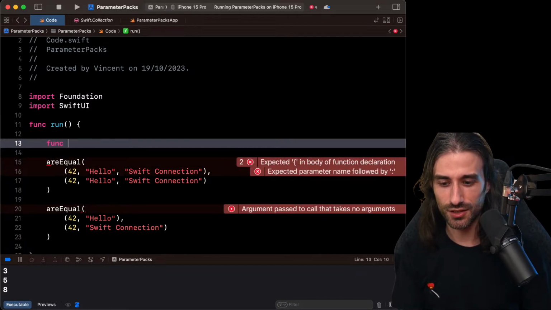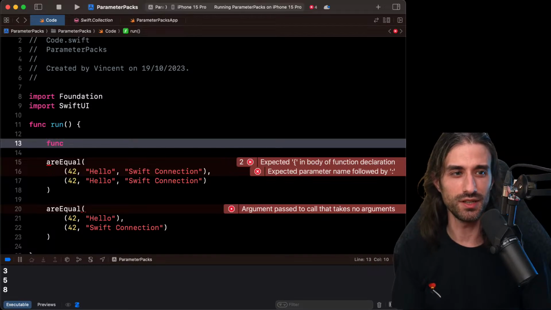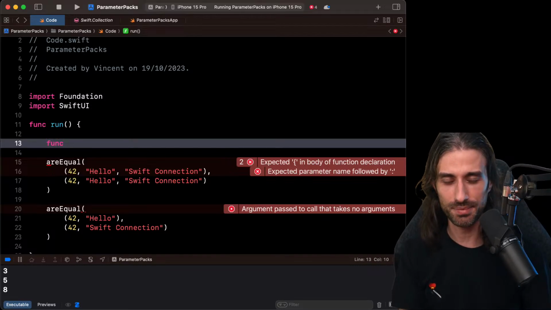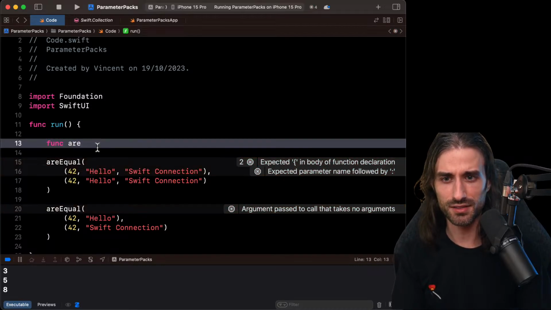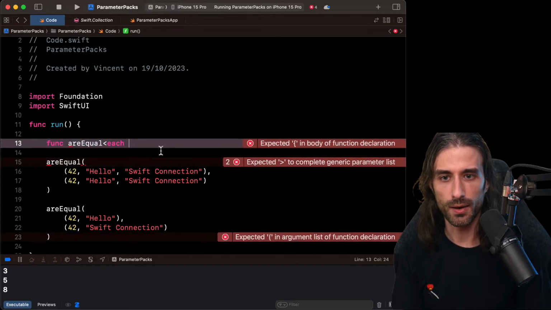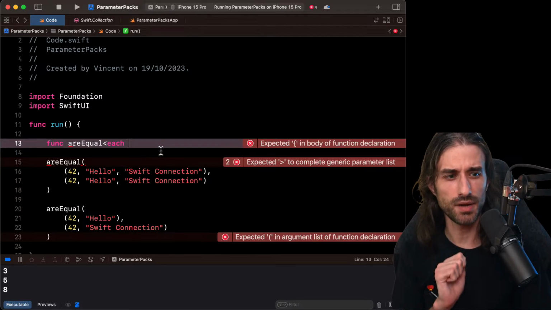By the way, this is the penultimate example of this live stream. Then we will move to the final example, which I think is the best one, really the killer app. And we will have covered everything to get started with parameter packs. So let's implement r=. So it's a function. As you can imagine, it defines two parameter packs. Actually, no, it defines a single parameter pack.